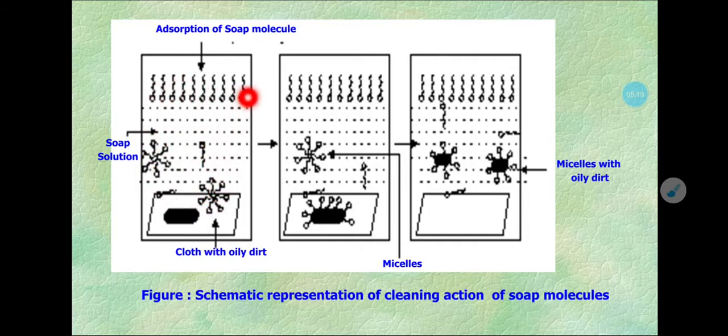If we add them in water, due to this hydrophobic and hydrophilic part, they first adsorb at the water-air interface. So this hydrophilic part dissolves into the water and adsorbs on the water and decreases the surface tension of the liquid. After saturation of this interface, the remaining molecules go inside the bulk and form an aggregate. So this is called a micelle.